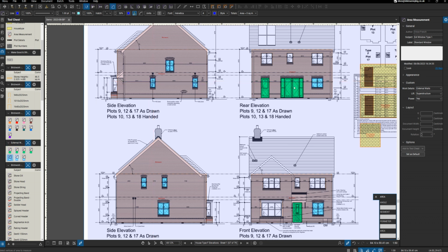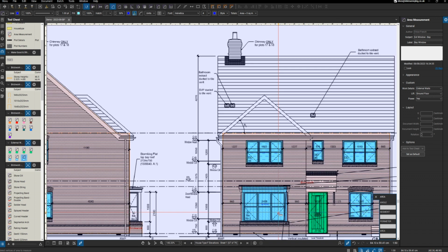And then we've got this one here, window type 2. This would be eaves lintel, but no cavity tray above. You can set these up how you want them, really. So that's that. And then we've got a bay window. So this might have, like it says here, vertical insulated DPCs. We can feed all of that information into our